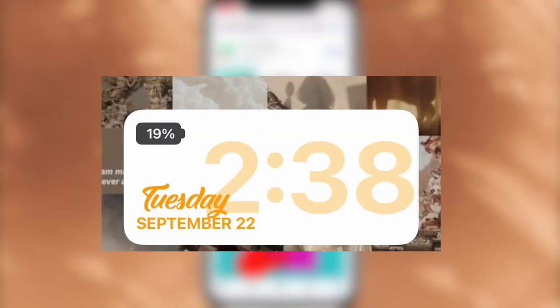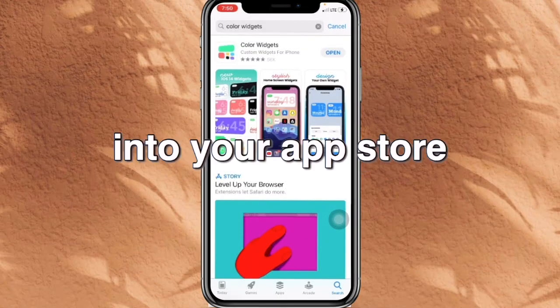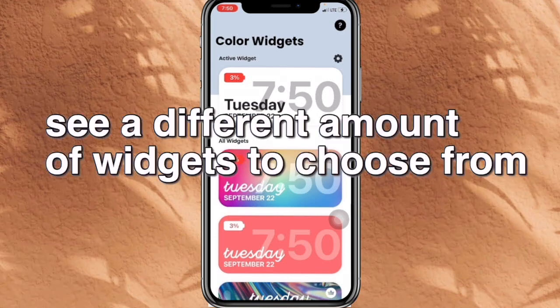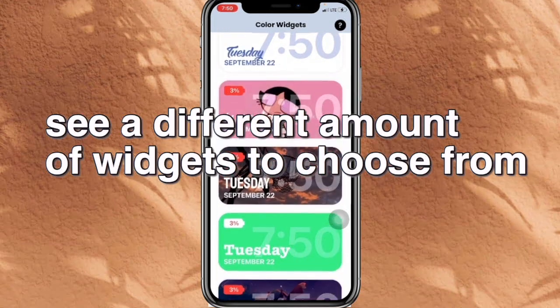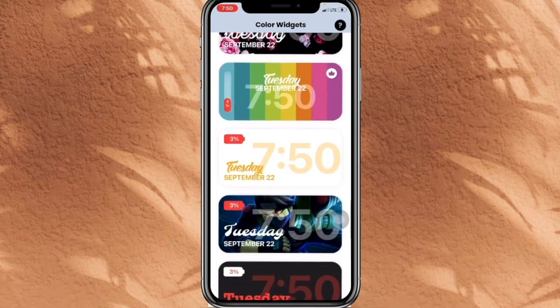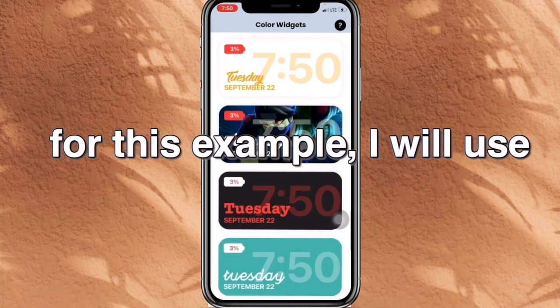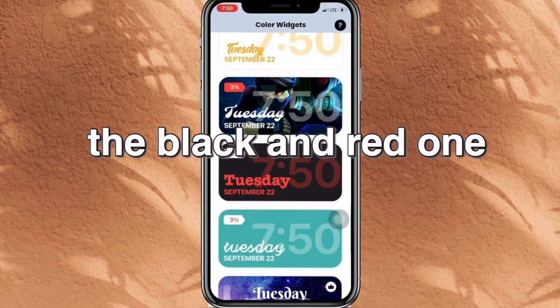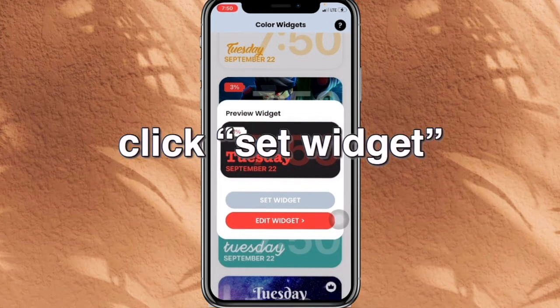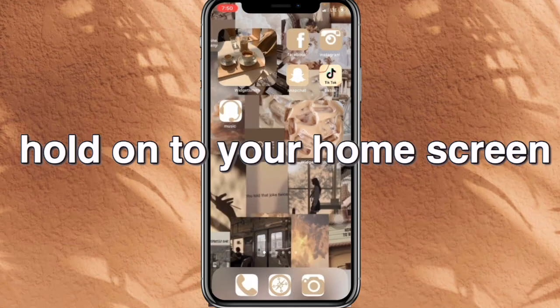To get this widget, you want to go to Color Widgets in your App Store. Click Open, and then from there you will see the different amount of widgets you can choose from. I chose the yellow one, but for this example I will use the black and red one right there. Hold on to the image, click Set Widget, hold on to your home screen,